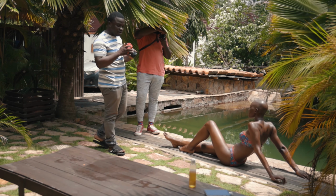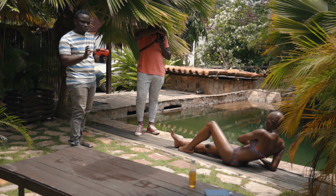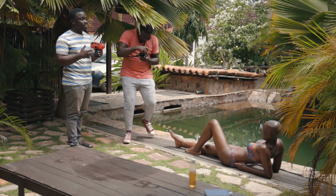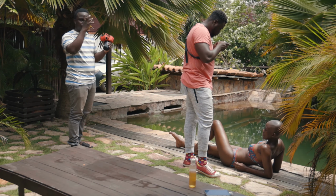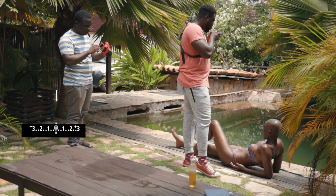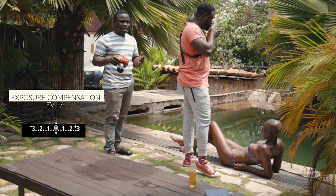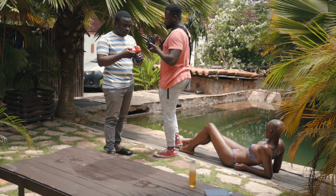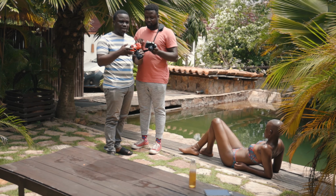So if you're wondering, maybe at a point you're shooting and you want to shoot from down below, probably your image will look dark because the camera will expose for the environment, which is the available light in the environment. And if you want to compensate for that, there's this bar here, which I know a lot of people use on the 6D. If you don't use a 6D, any camera you use, you'd obviously be able to move your exposure compensation. If you want to add more light,